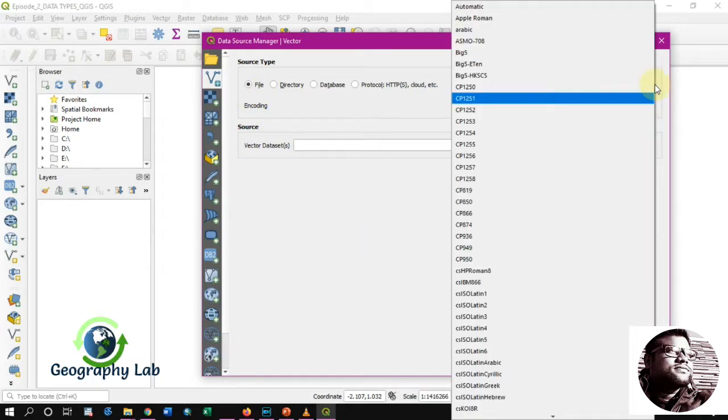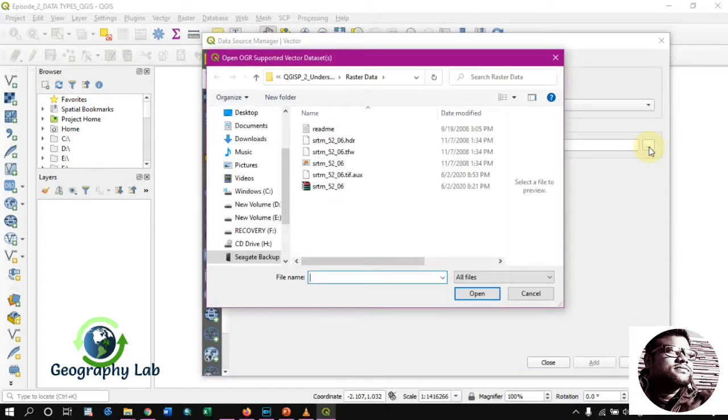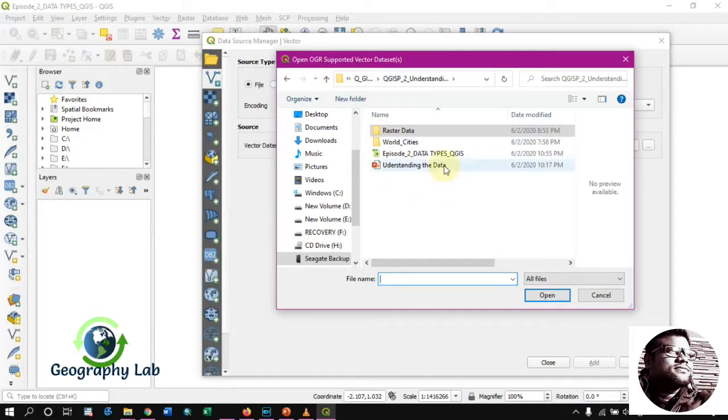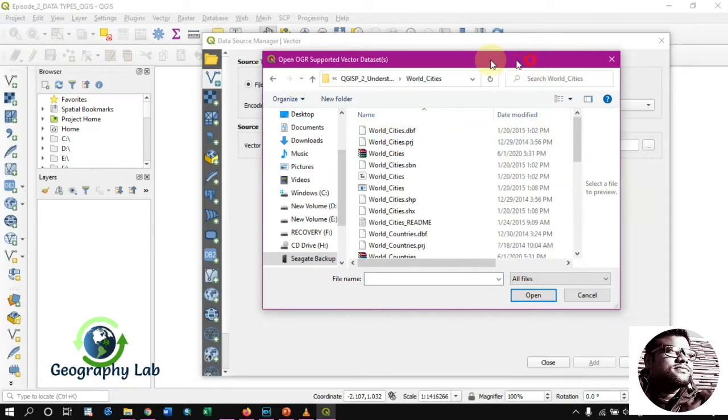The encoding should remain automatically as default, and the source should be the vector dataset. Then we have to browse to the location where I have the data. This is the QGIS project file, and this is the vector dataset that I have.